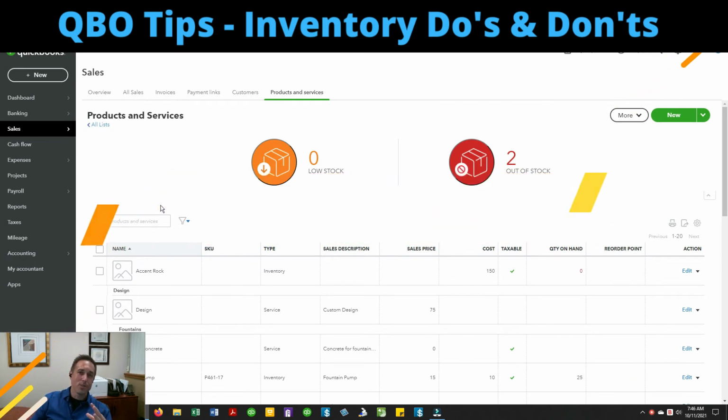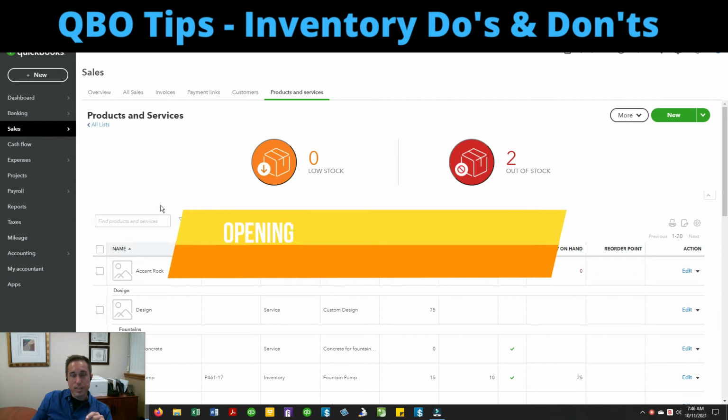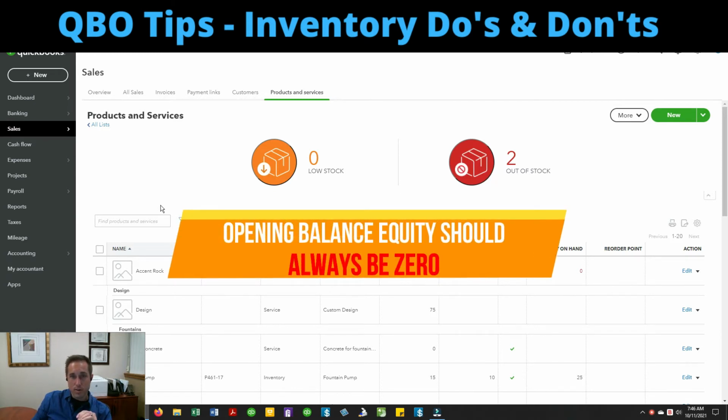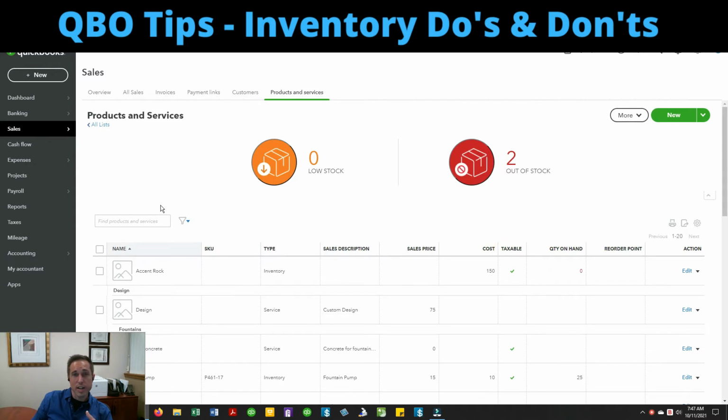All right, don't number 3. Don't post adjustments to inventory accounts or opening balance equity. First off, opening balance equity should always be 0. And while there are certain situations where using it as a clearing account is okay, in general, the balance should always be 0.